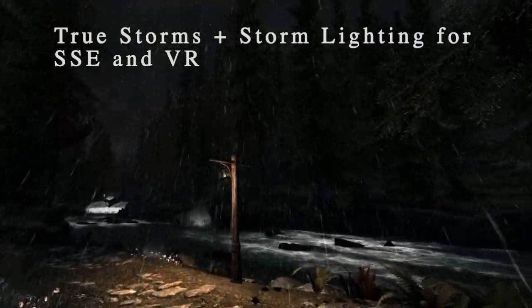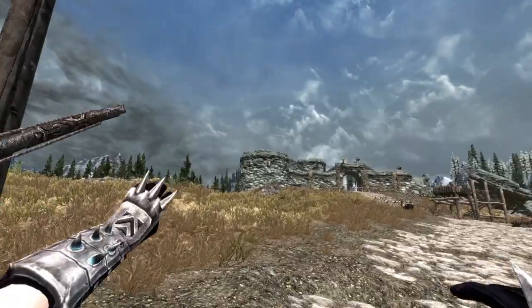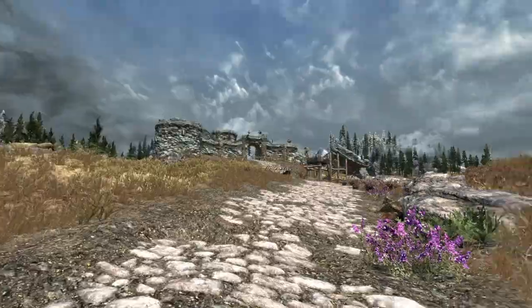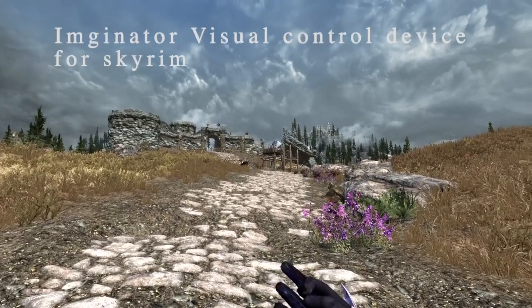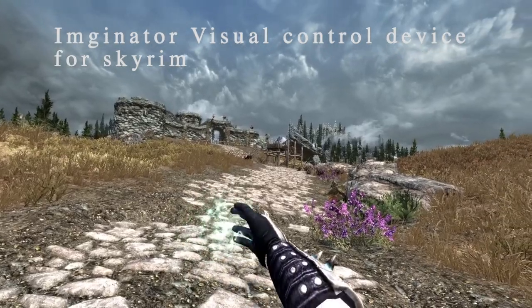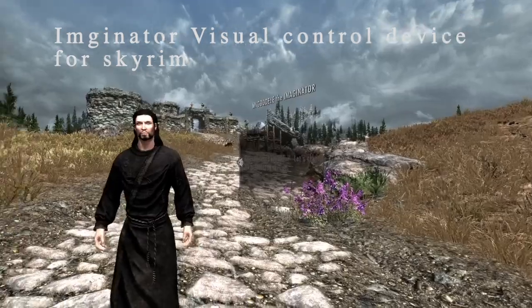which is pretty cool. For the next main mod that changes the lighting, which kind of makes it look like an ENB even though this isn't an ENB, it's called Imginator, and it gives you this cool little spell which you can use, and it'll summon a guy in front of you. And then you can...